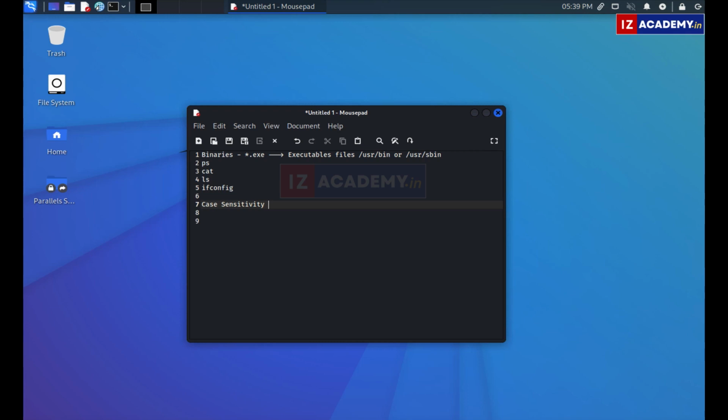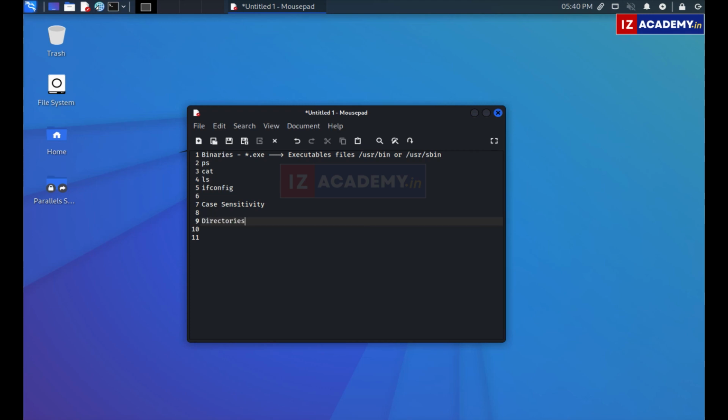Okay, so basic first, right? We should know this, that Windows things work easily, but here in Linux, whether you use Kali Linux or Red Hat Linux, the commands are case sensitive. Even the files, everything is case sensitive, right? And the folders that we used to call in Windows, here we call them directories.